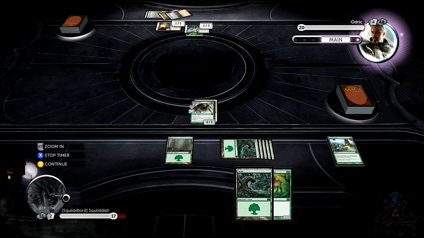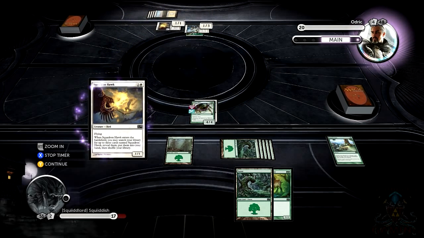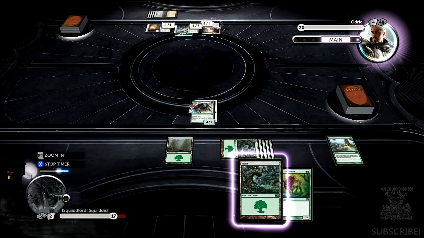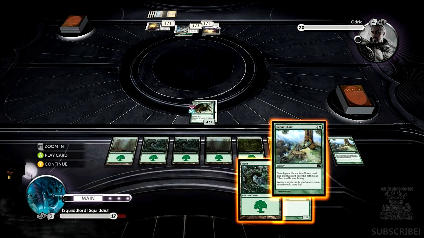And right now I'm just kind of hoping I draw something that's not mana. He's going to throw down the 2nd Squadron Hawk he pulled out of his deck, and possibly pull out a 3rd if he wants to. Looks like he's not going to. So if I draw mana, we have a...